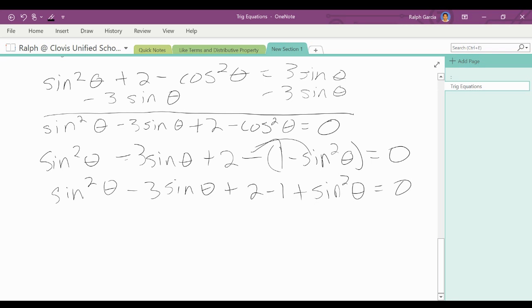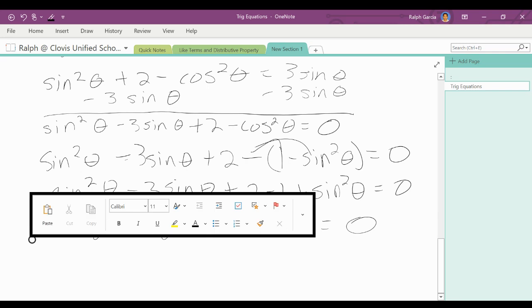That's the part that's really tricky for people. Then I'm going to combine like terms. So I have 2 sine squared theta, right? Because I got 1 right there, 1 in the front, minus 3 sine theta. And then this is a positive 2 and a negative 1. I know that's kind of hard to see, and that all equals 0. Right? So just plus 2 and minus 1. Right? Then I'm going to go ahead and do